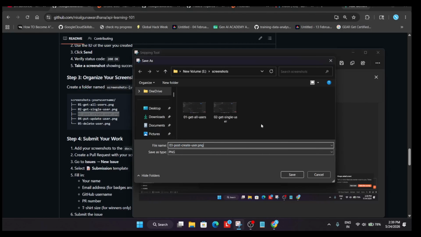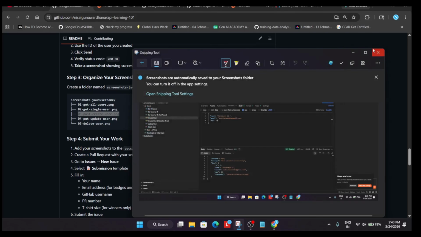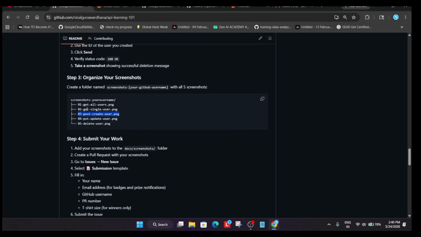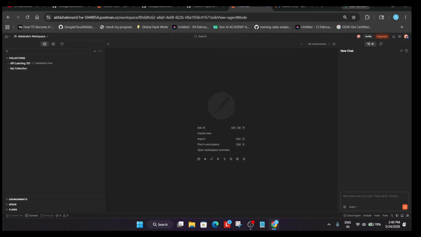Come over here, paste it and just save it. So we have saved the third image. Only the last two tasks are remaining. So we have to just come over here